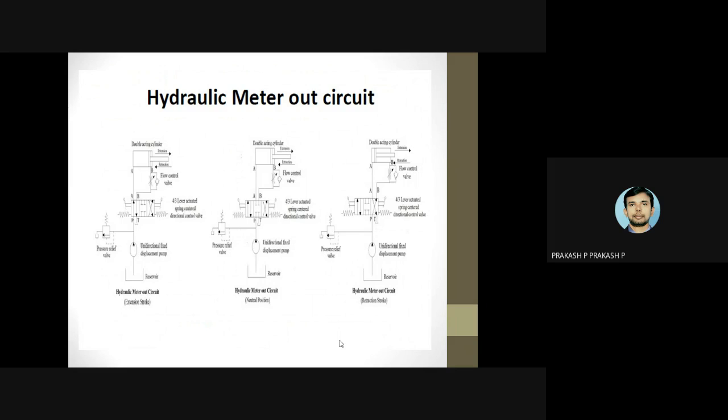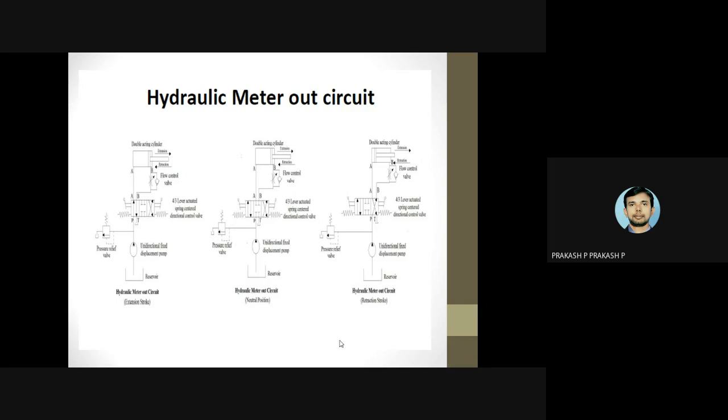When we actuate the lever on the right-hand side, the oil from the reservoir is pumped to the direction control valve. Now the fluid flows from B to B, and the flow happens through the check valve only, not through the variable flow control valve. So the cylinder is retracted, and whatever oil is at the head end of the cylinder is directly stored into the tank, A to A. So this is the major thing that happens in a retraction stroke.